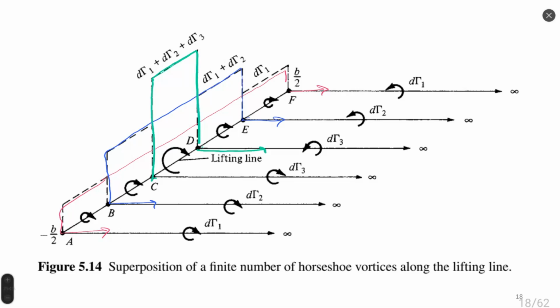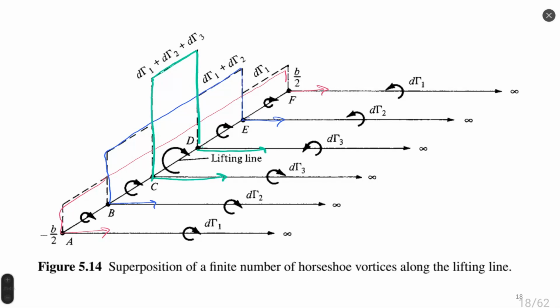Which stays at position on the center. So once we have 3 horseshoe vortexes representing our wing, we already see something similar to the real distribution of lift. I would like to remind you that distribution of gamma is similar to distribution of lift because we have Kutta-Zhukovsky